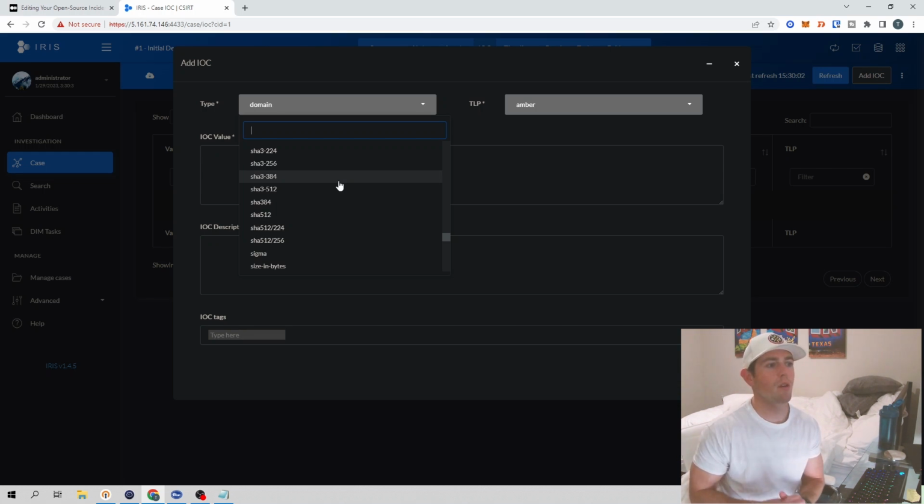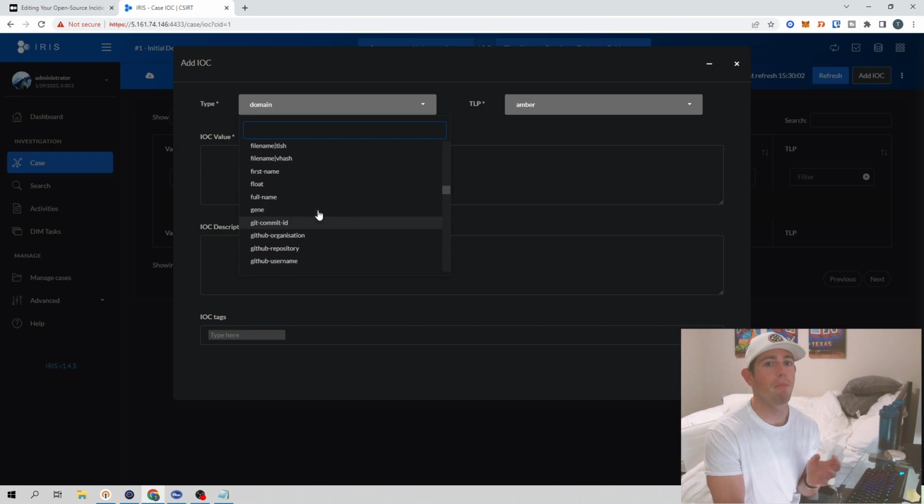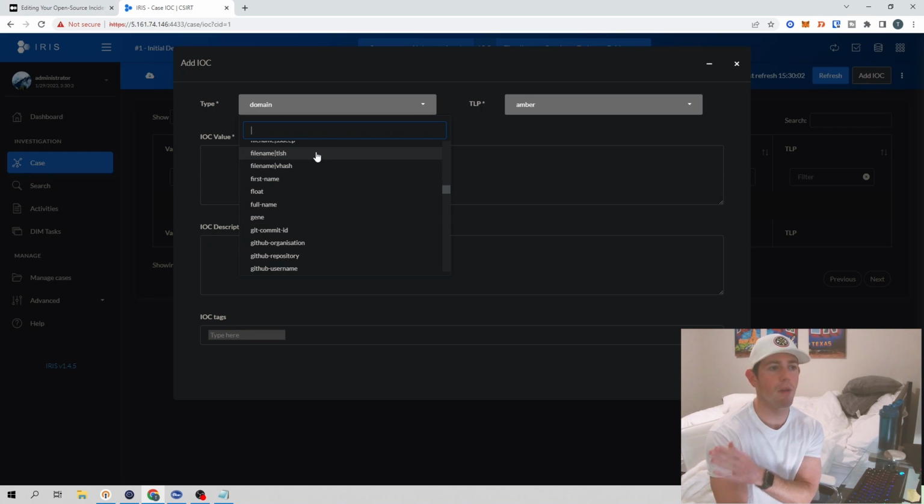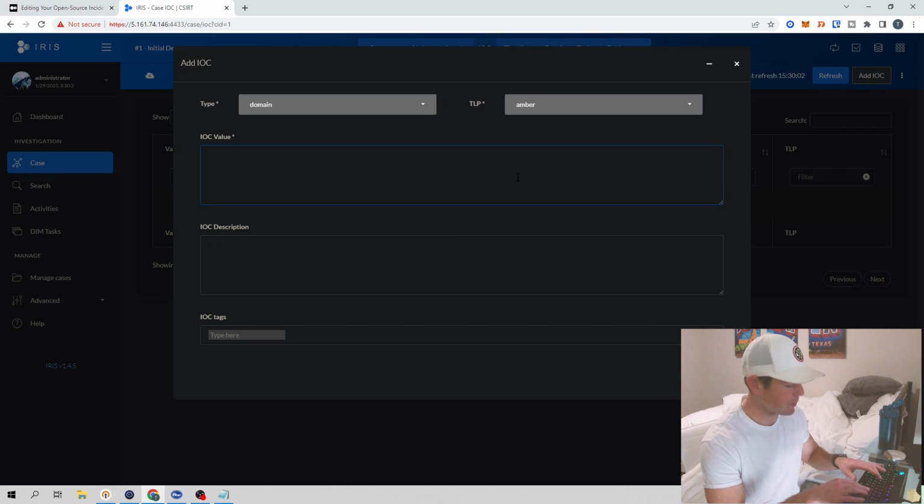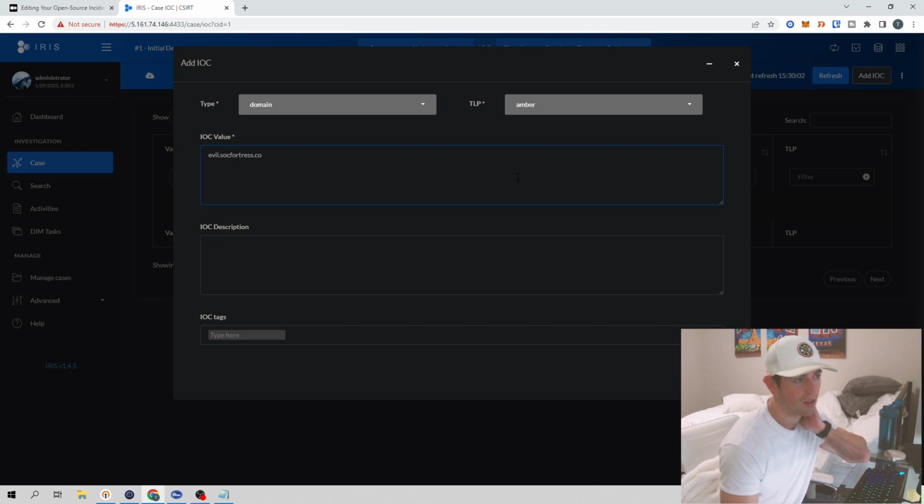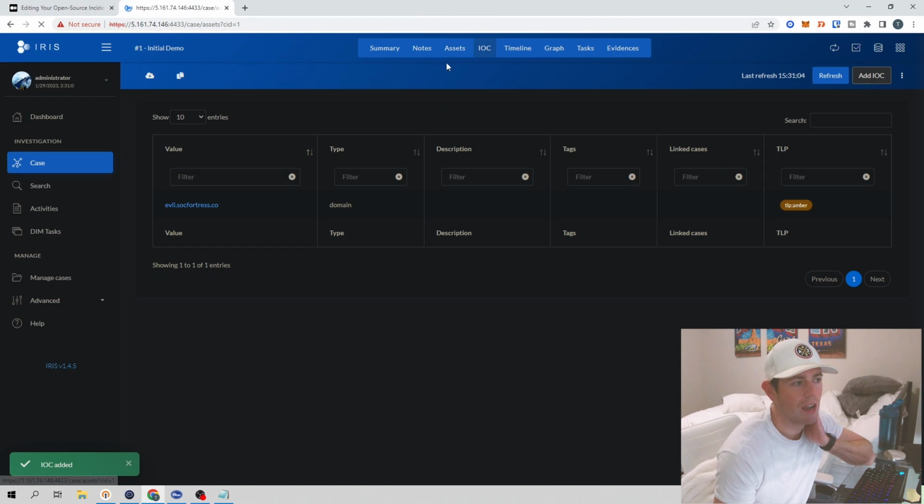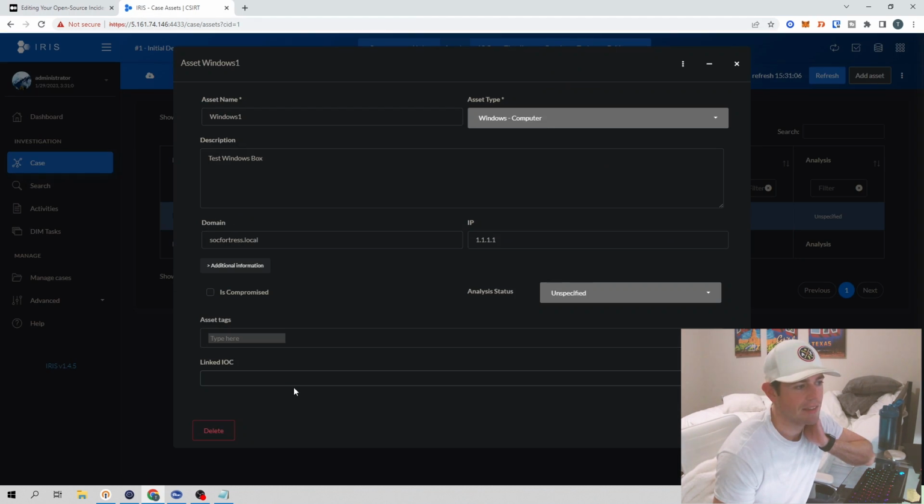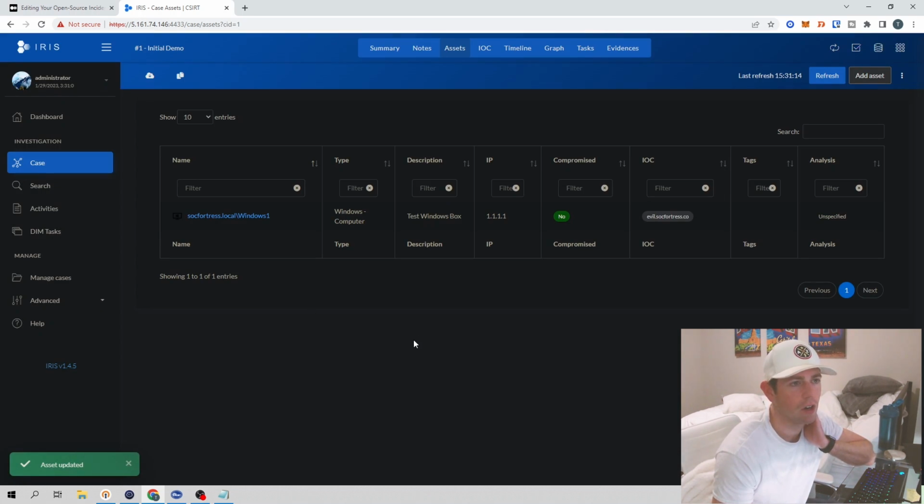So we do want to be strategic when it comes to our IOC types, because that may impact what runs within the module, the backend. So that is something to consider. But again, we'll get into that later. So I'll go ahead and do an IOC value of evil.socfortress.co, and I'll go ahead and save that. Now let's go back to our asset, and let's go ahead and link our asset to our newly created IOC that we have here. So if we now select that and link those two together,